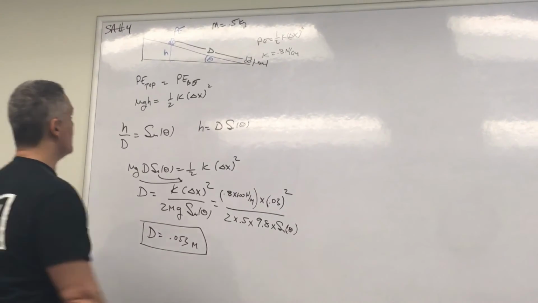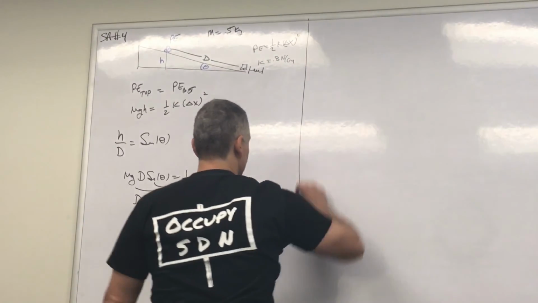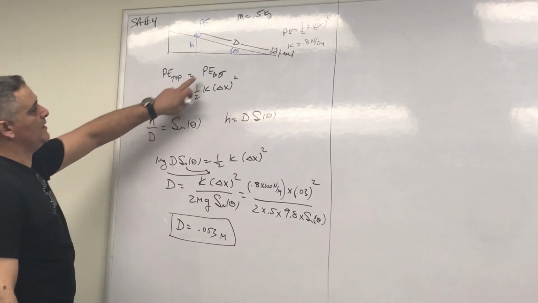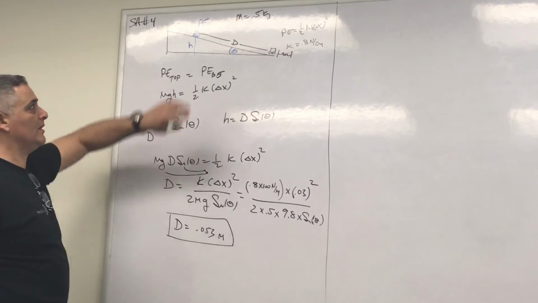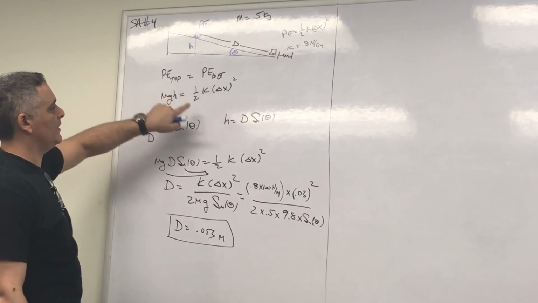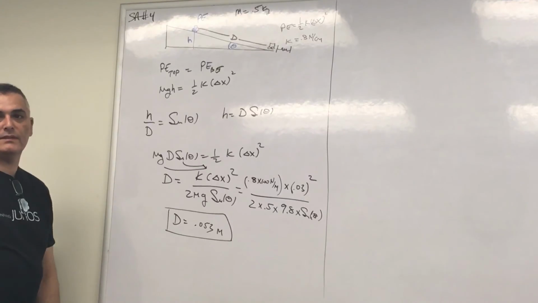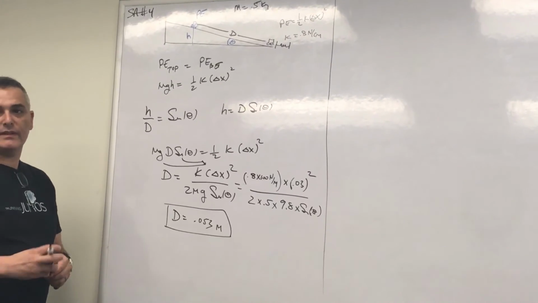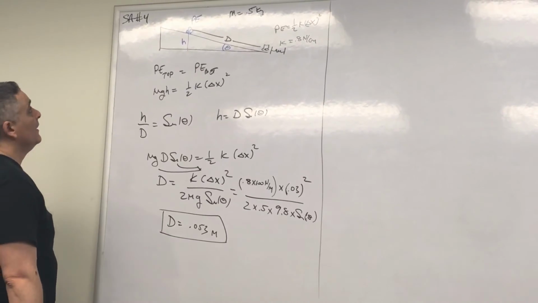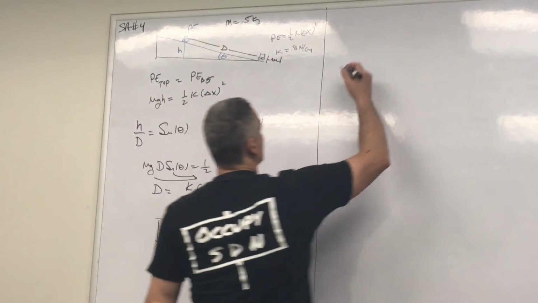Okay, so that's number 4, that's not too bad, right? Remember, like we did sum of forces, now we're just doing sum of energy, same process as before. You draw it, and in this case, instead of sum of forces, you're doing sum of energies and solving for the unknown, instead of solving for acceleration. So you get to skip the acceleration part. Okay, and then number 1, I guess, was the